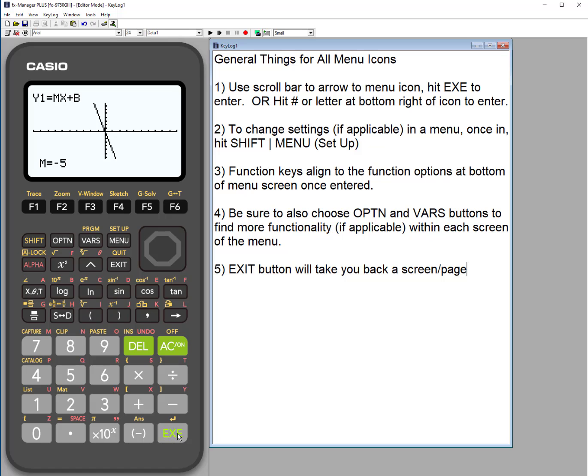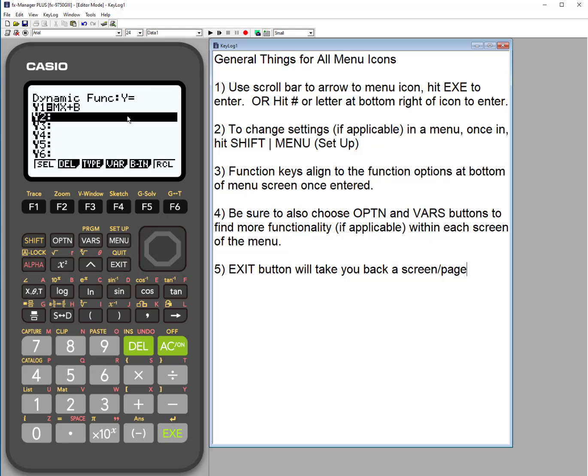We have no slope, no intercept. So now what is that M coefficient doing? Well, it seems to be tilting my line. So dynamic graphing is a great way for students to understand transformations and get a visual aspect, and you can do it manually or automatically. So I'm going to hit exit, and I did want to show you one more thing.